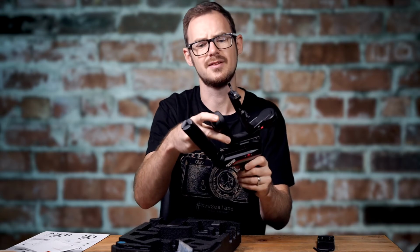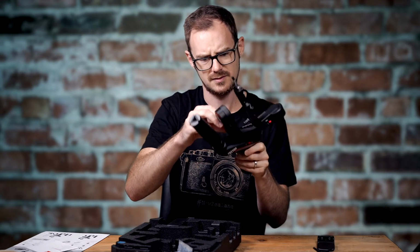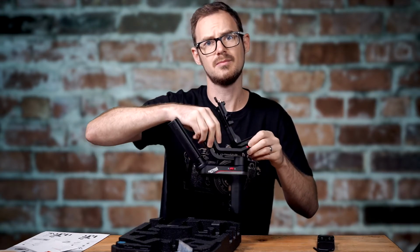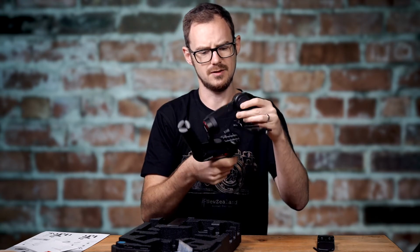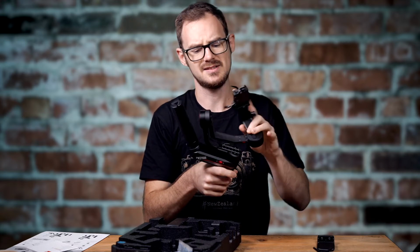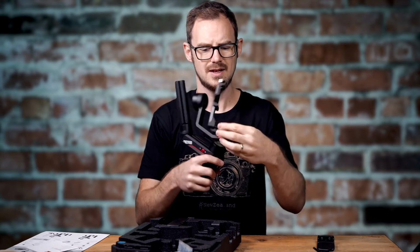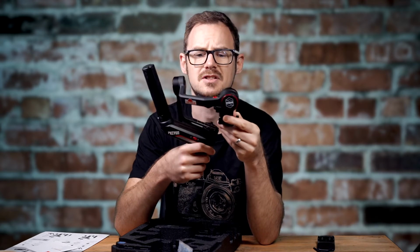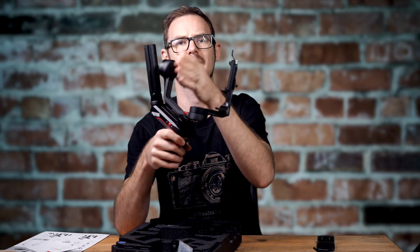The cradle that the camera sits on is actually bigger now as well. One of the complaints with the Weebill Lab was that it wasn't big enough to accommodate bigger size lenses, and now that seems to have been addressed. Sorry, I've got that upside down. So now we've got loads and loads of space in between this axis here and the back plate here,